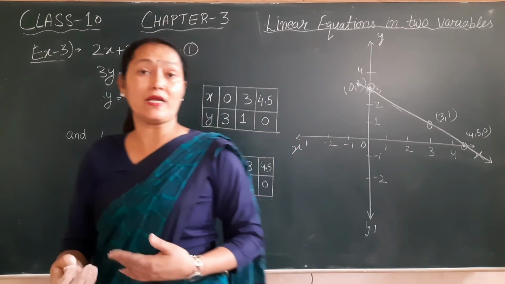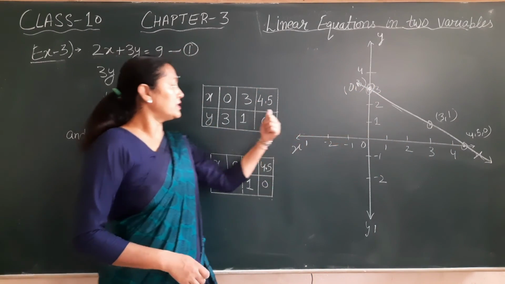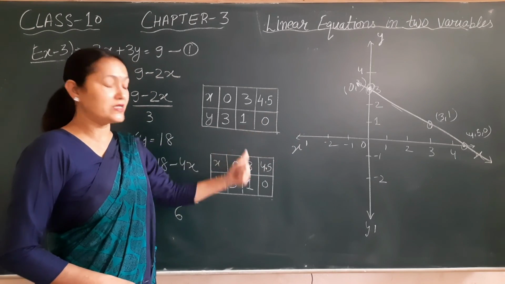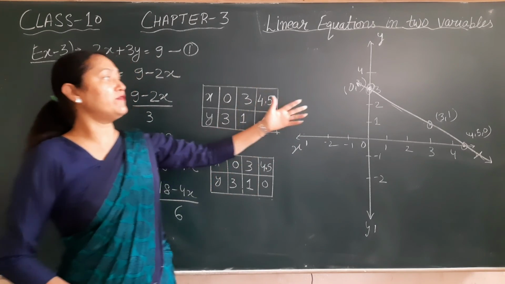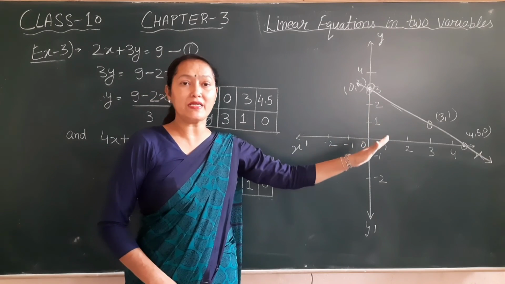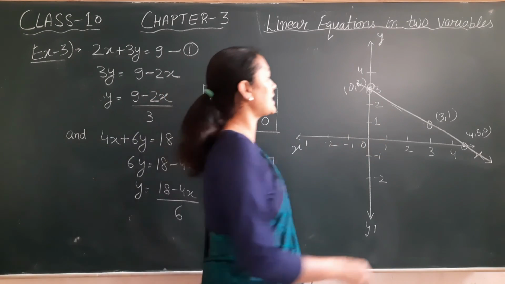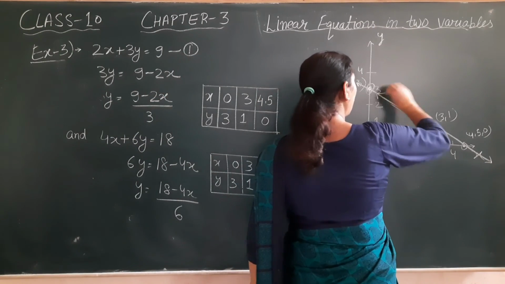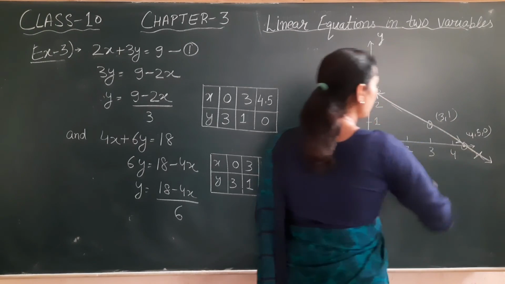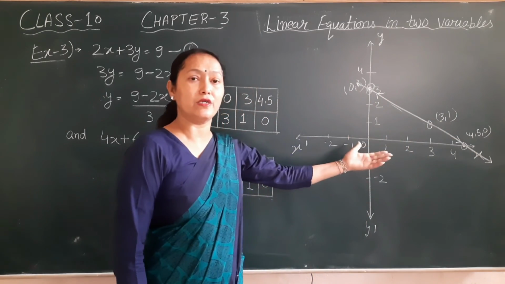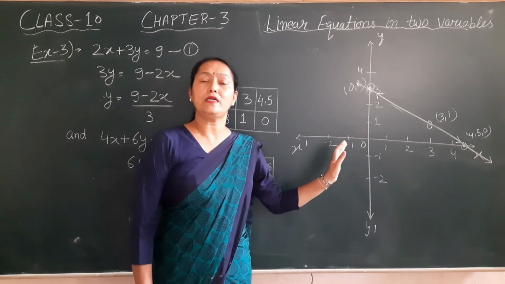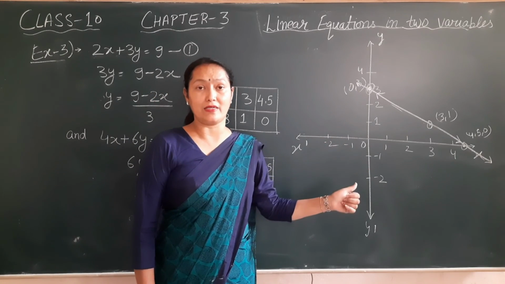It will be a coinciding line. Same line for this and same line for this. So that means we have drawn two lines at the same place. So the lines are coincident lines. We can show it by a double arrow. That means the second line is also being drawn here. So this example I have taken is for coincident lines.